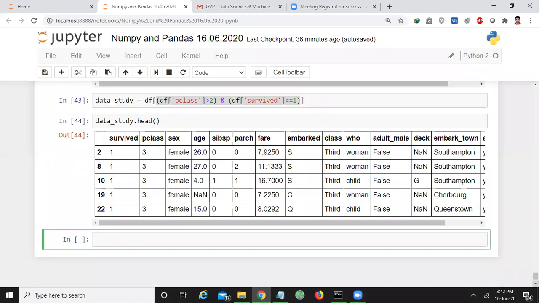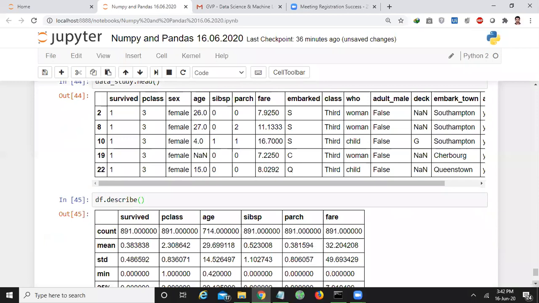Visually means diagrammatically. Okay. For example, if you want to understand the entire data, we have the function called df.describe. What is the meaning of this? df.describe means, see, just check this result.